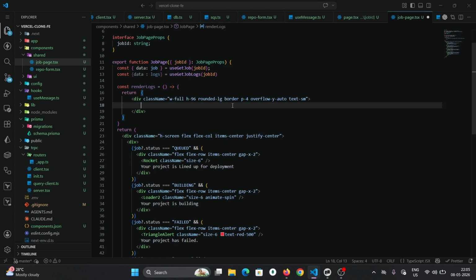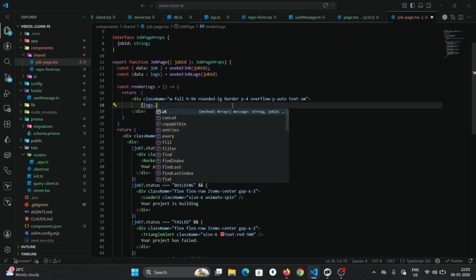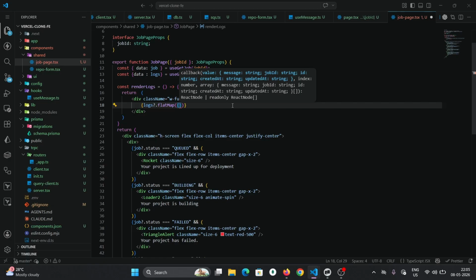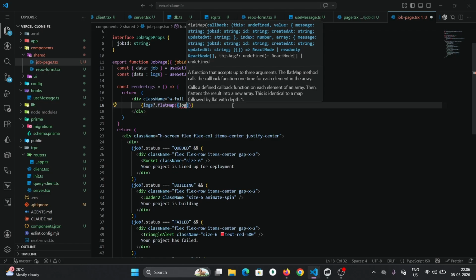And logs., don't use map, we will use the flatMap because it's good for the strings. The log